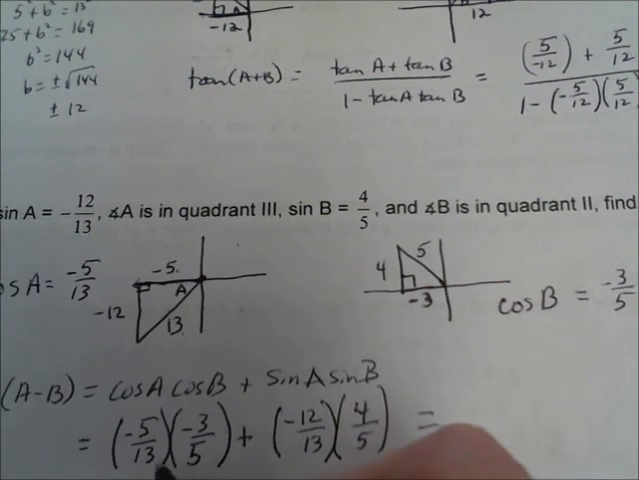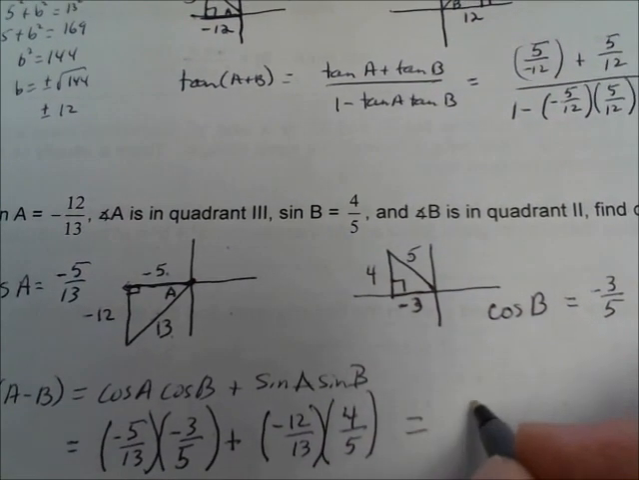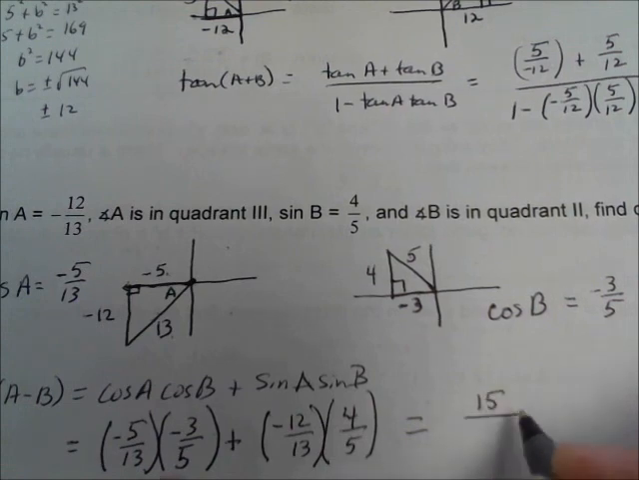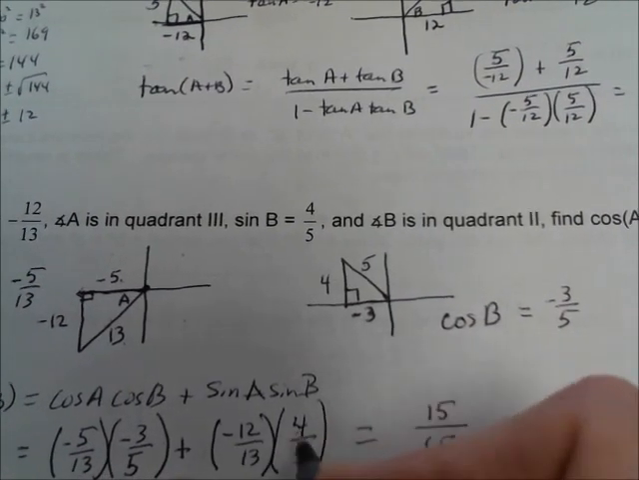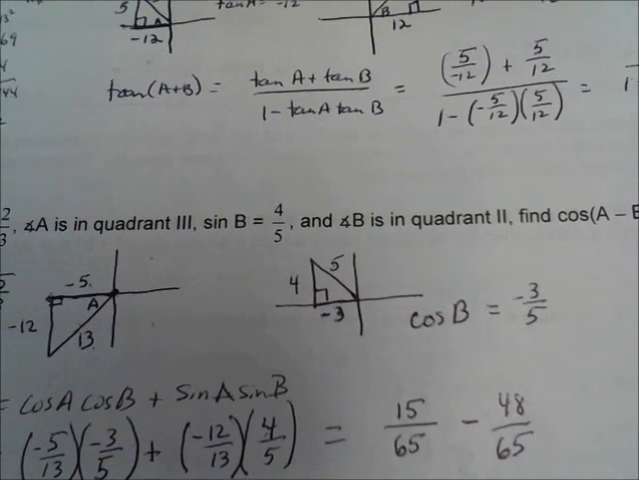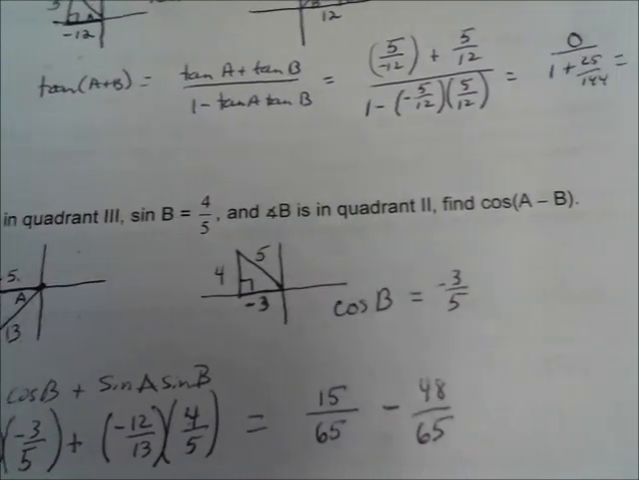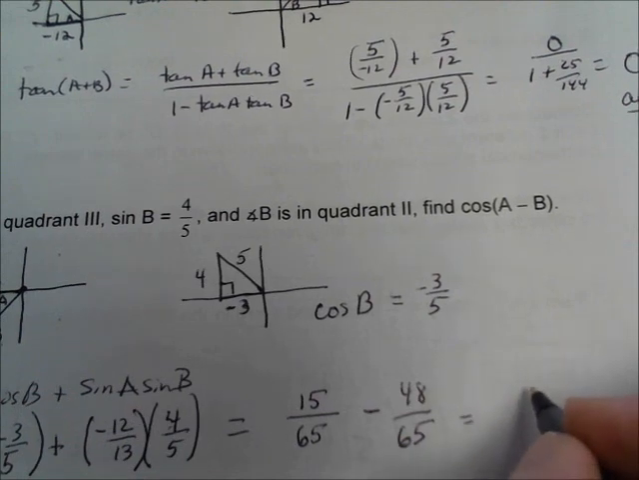So now it's just a matter of multiplying here. Negative 5 times negative 3 is positive 15. 13 times 5 is 65. And negative times a positive is a negative. 12 times 4 is 48 over, again, we have a denominator of 65. And 15 minus 48, I think that would be a negative